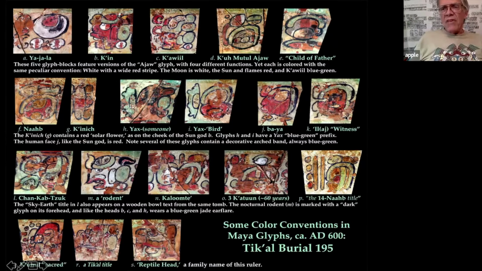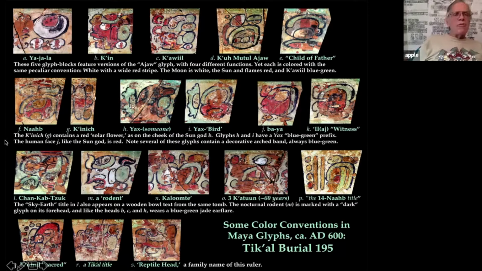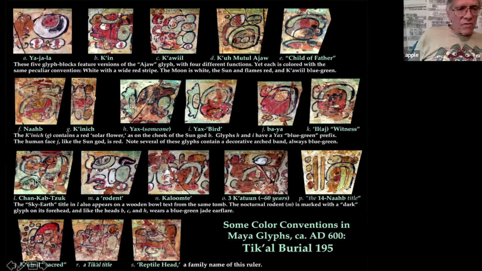Does it have an ear flare? I can't tell. The witness glyph, let's see. Decorative arch span is always blue-green. So this is Chankab Suk. And the Chankab, again, the sky earth glyph. In this case, it has green arches, and the Kab glyph has